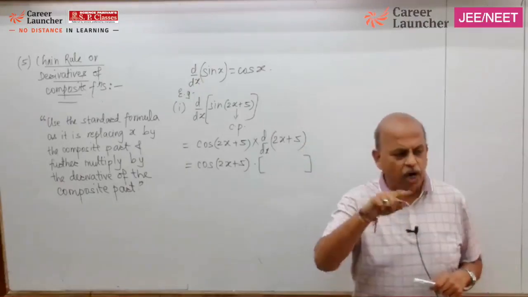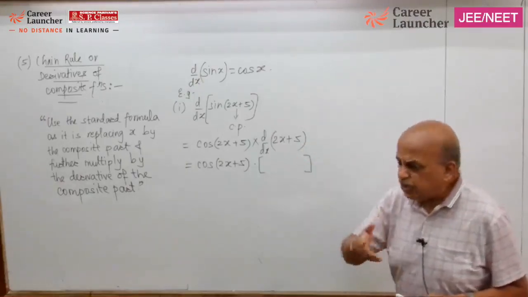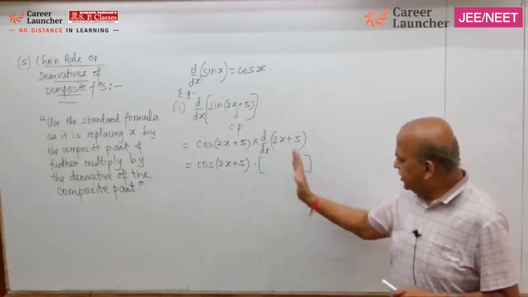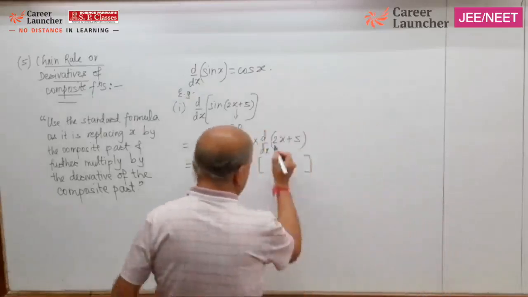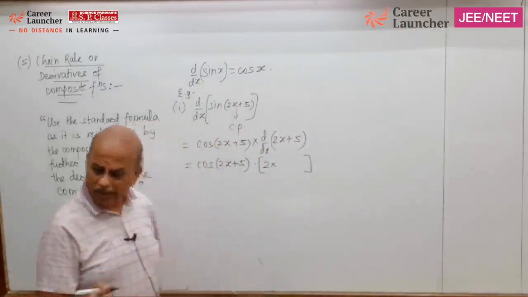The derivative of a constant is what? 0. But mind well, there is no formula as such for a coefficient. What we do is keep the coefficient as it is, multiplied by x. You have the formula for x.